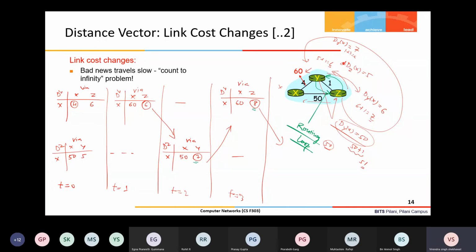So until this loop breaks, the packets will be exchanged between Y and Z only and not reach X. And depending upon how much change happened in the cost, from which value to which value, over many iterations, this problem is called the count to infinity problem.